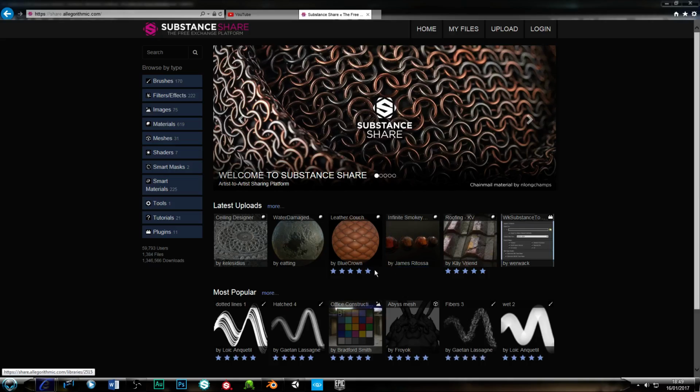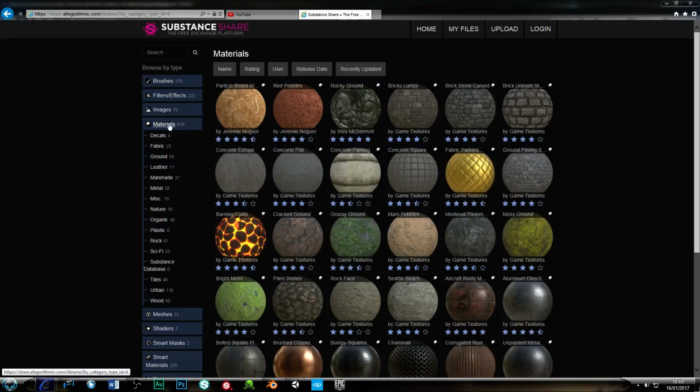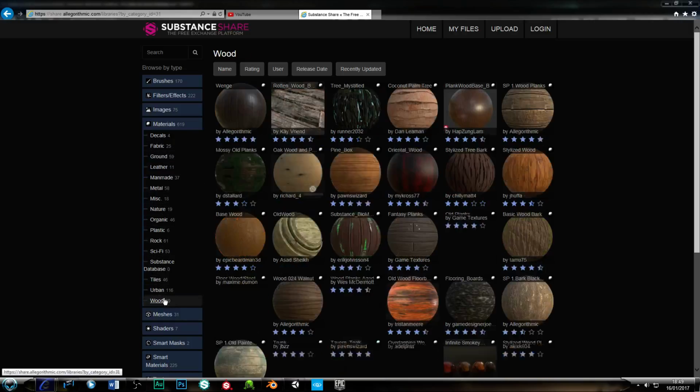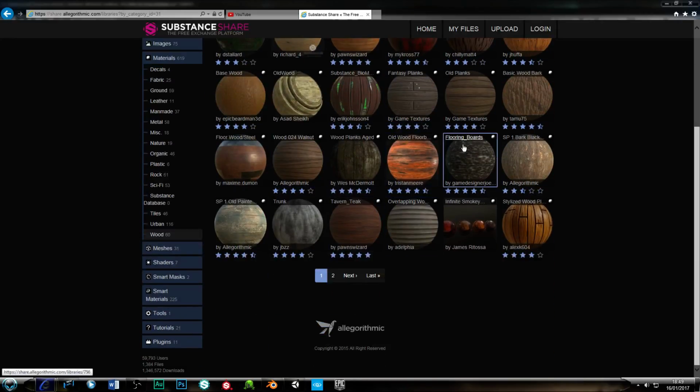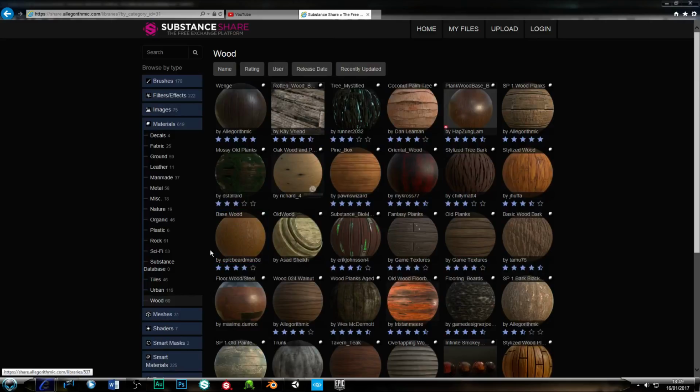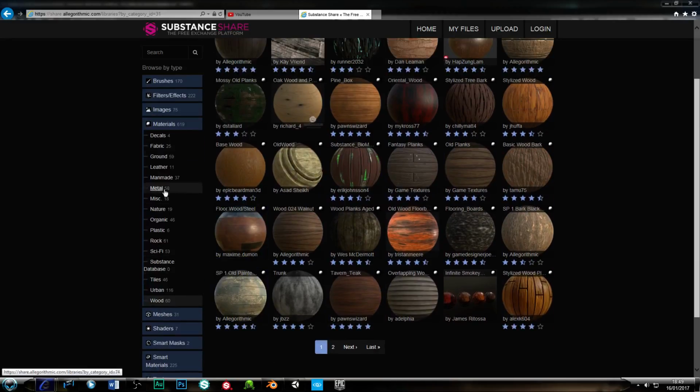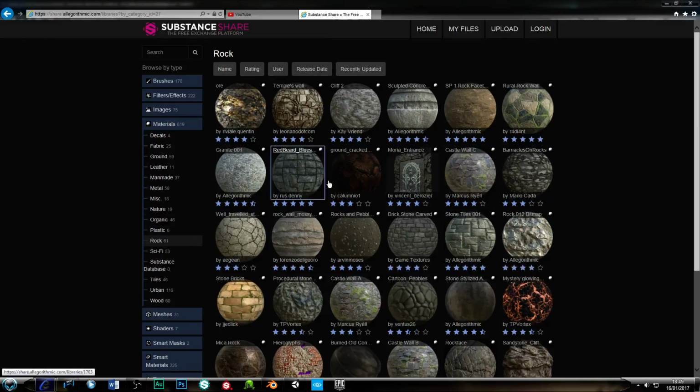Okay, so here we are in substance share. Now I'm not logged in at the moment, but it won't matter for what I'm going to show you. Now if you go to materials, you have all these materials, okay, and you can get wood materials, lots of stuff for free, absolute lots, meshes even, images, filter effects, brushes, all this stuff for free. It's an absolute brilliant site. Now we're probably using this wood planks at some point, or maybe some rock material, definitely some rock material,